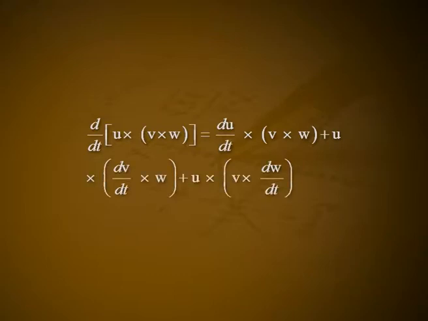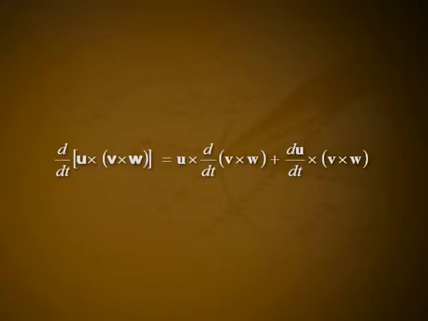Example, show that d by dt of u cross v cross w is equal to du by dt cross v cross w plus u cross dv by dt cross w plus u cross v cross dw by dt. Solution, d by dt of u cross v cross w is equal to u cross d by dt of v cross w plus du by dt cross v cross w using theorem 1 cross product rule